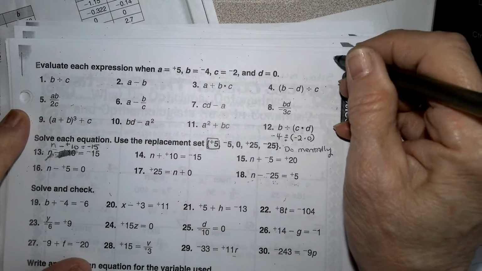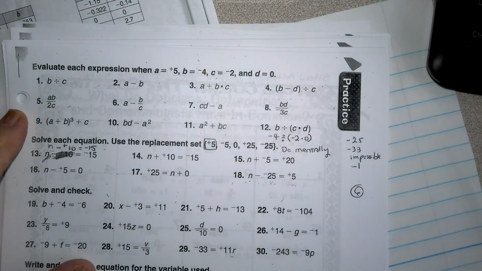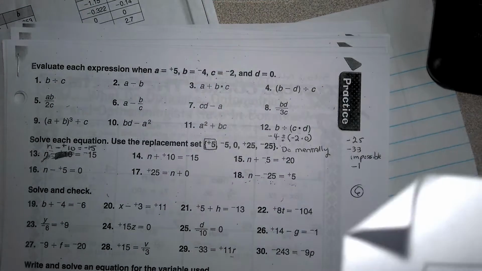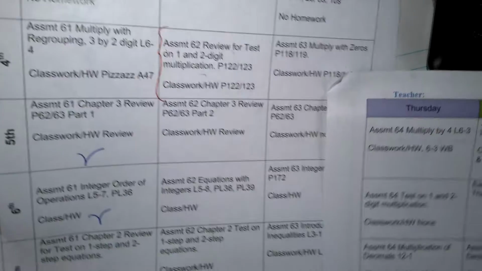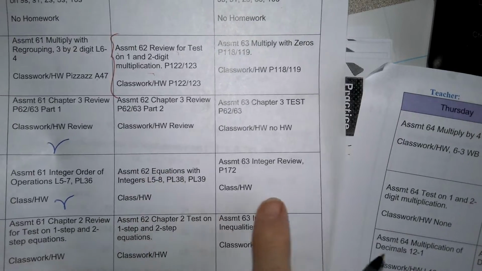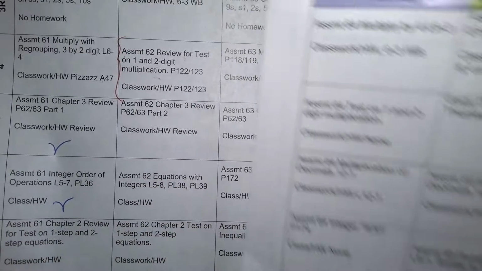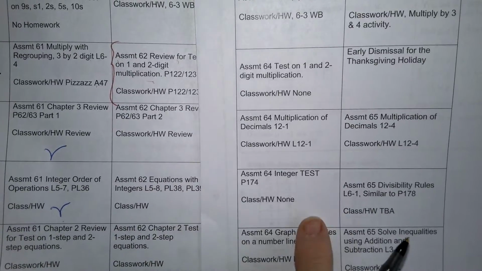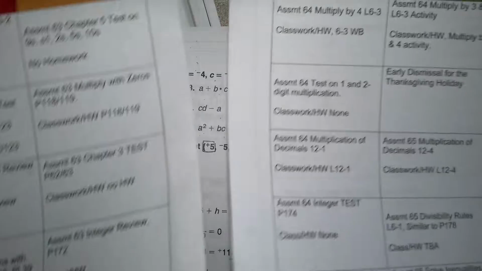Number 62. I have got to look and see when we are having a test. 6th grade. Today we're doing equations with integers, integer review, and it looks like the test is going to be on Thursday. And then we will start,